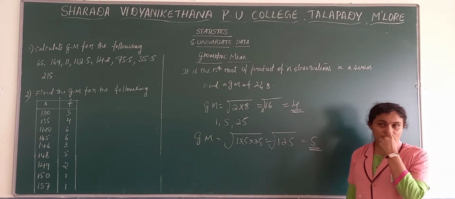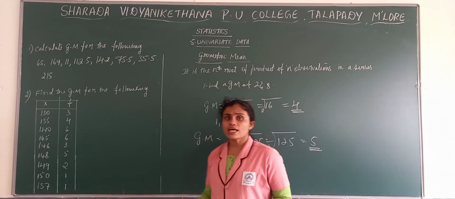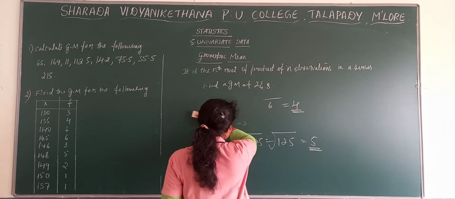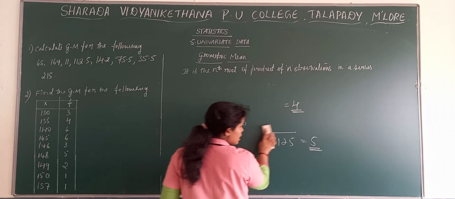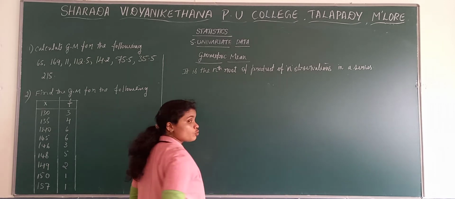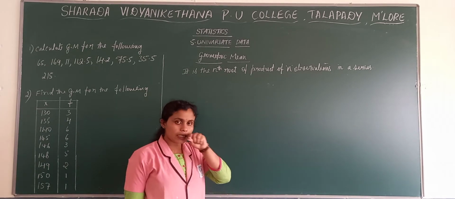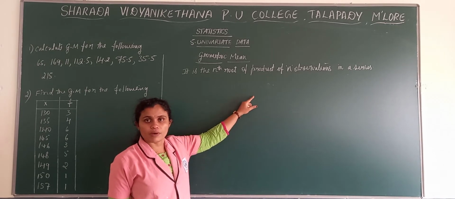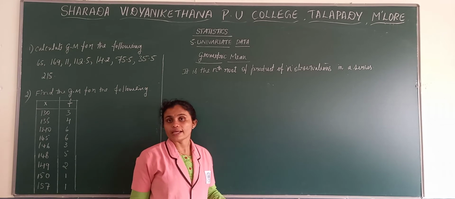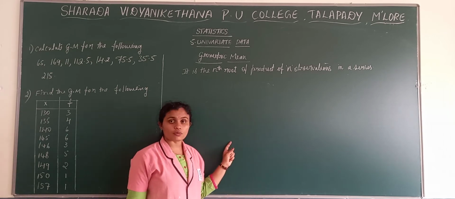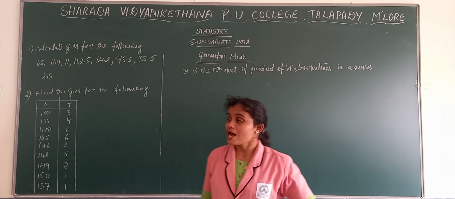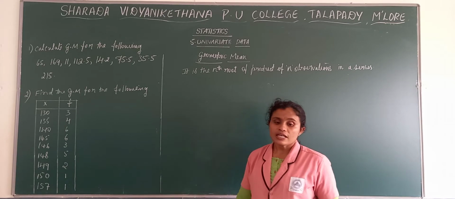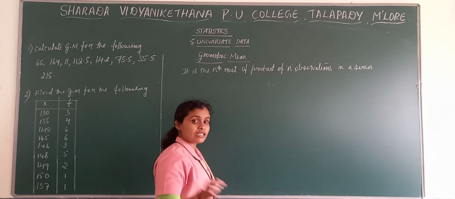Just as we had formulas in case of arithmetic mean, median and mode, here also we have a set of formulas. If it is 3 observations or 2 observations, how we need to find it, for example find geometric mean of 2 and 8, this will come for 1 mark. Find geometric mean of 1, 5, 25, this also will come for 1 mark. These kinds of questions will come for 1 mark, and for 5 marks you will get this kind of ungrouped and grouped problems. Now here, firstly we'll take the formulas.